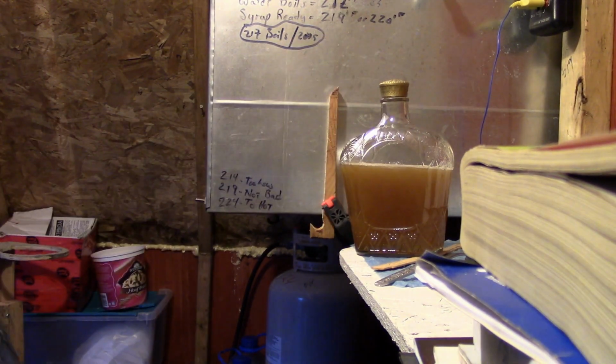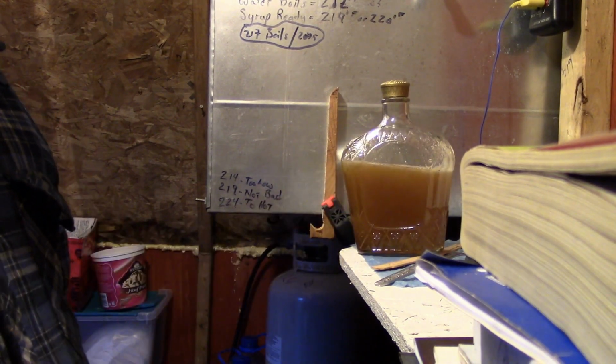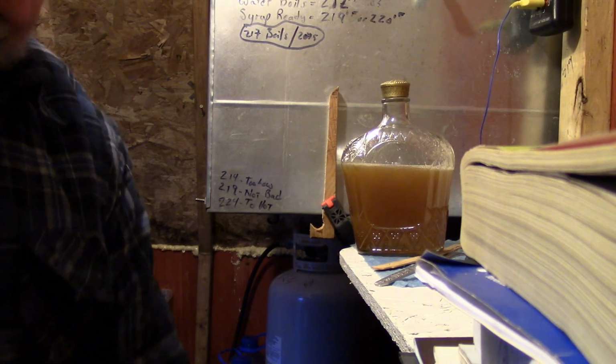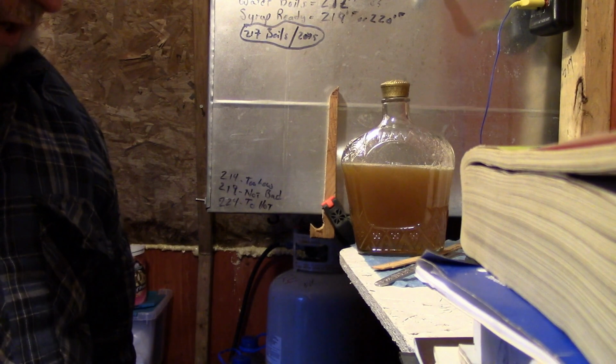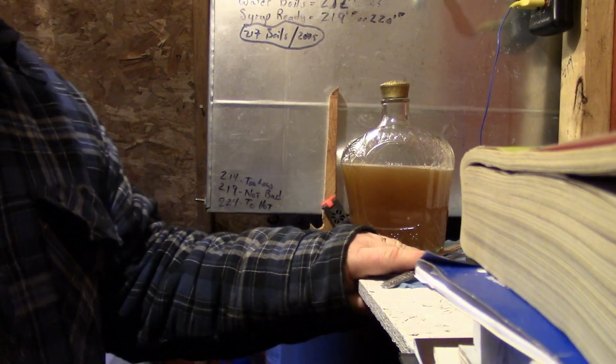So that's my sap. I'm going to take that in, or my syrup. I keep calling it sap, it's syrup now. I'm going to take that in the camp. It'll cool overnight, and in the morning I'm going to have some camp toast with syrup on it, and I'm going to video it and show it because there's been lots of people asking about this, and I sure appreciate all the people that have been out there